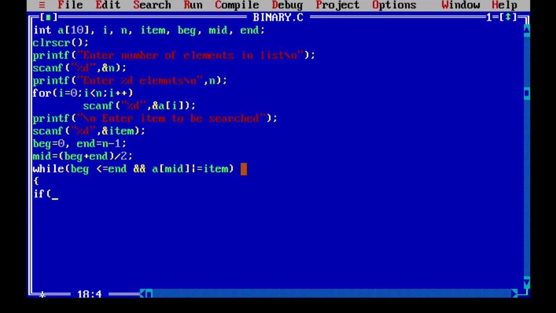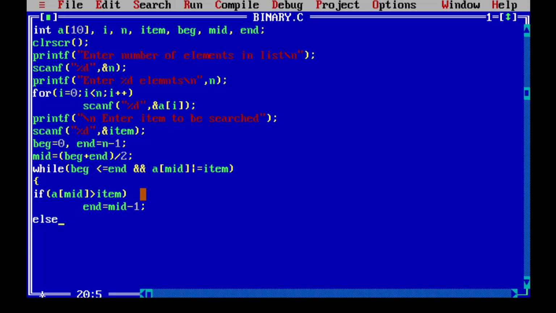Since we have calculated the location of the middle element, the term mid is used to denote the element at the middle location of the array. If the element at the middle is greater than the desired element, and our list is in sorted order, then the desired element can be in the first sublist of the array. Instead of searching the whole list, the search is now reduced to half of the array, and the location of end must be changed because now we will search the first subarray.